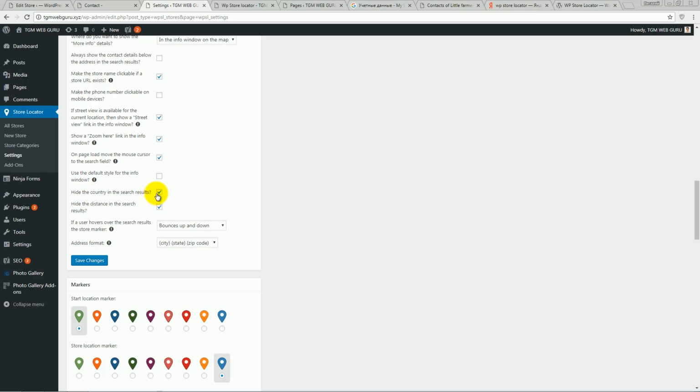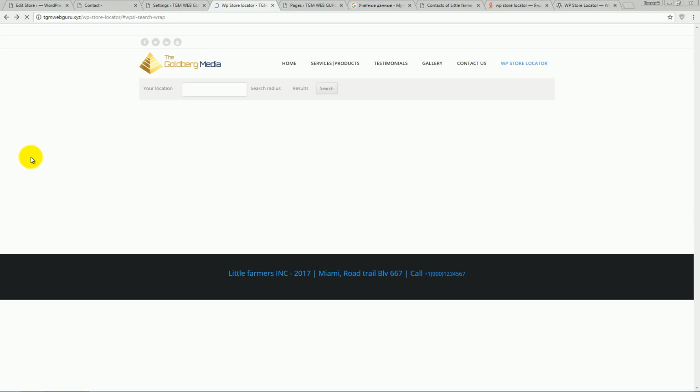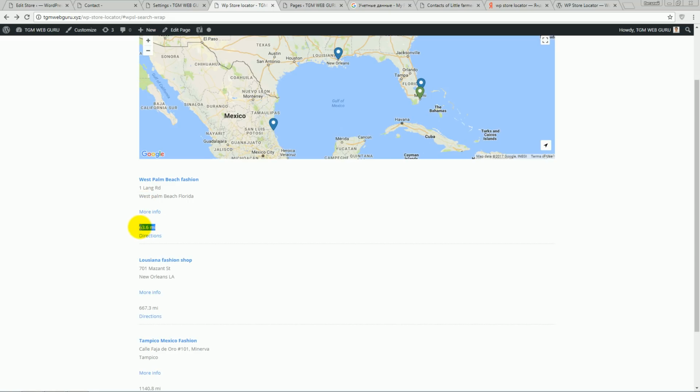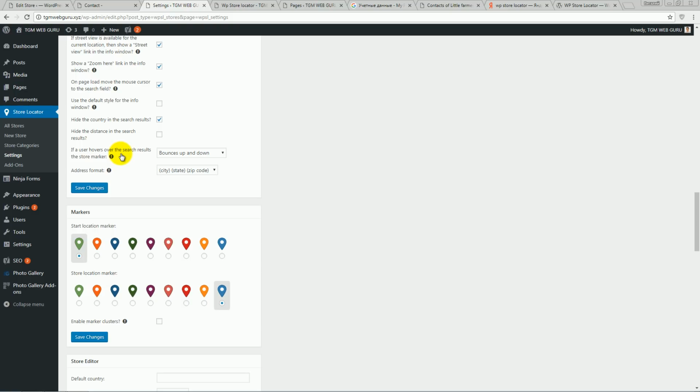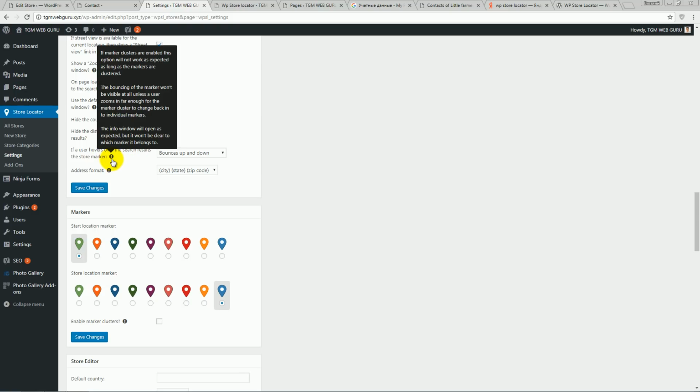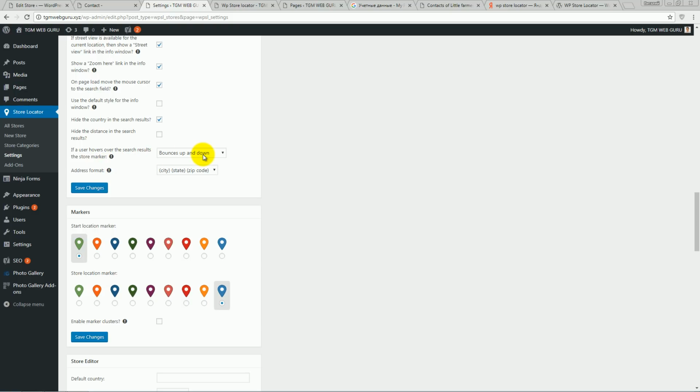Hide the country in the search results, yes. Hide distance, no. Click on Save Changes, update the page. We don't have country, but we have distance. That's cool. The next step, if a user hovers over the search results, the store marker bounces up and